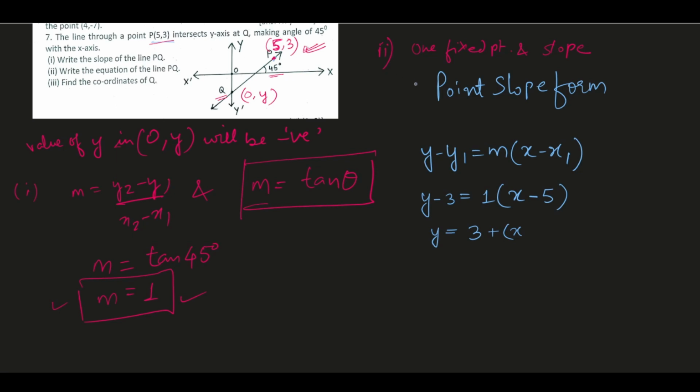So y will be 3 plus x minus 5. We can write as x minus y minus 2 is equal to 0. ये 3 और minus 5 हो जाएगा minus 2, y आ जाएगा राइट साइड में, so x minus y minus 2 is equal to 0. ये होगा हमारा फाइनल आंसर। अब सॉल्व करते हैं थर्ड पार्ट।